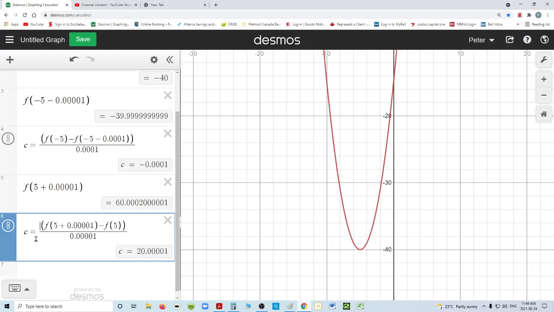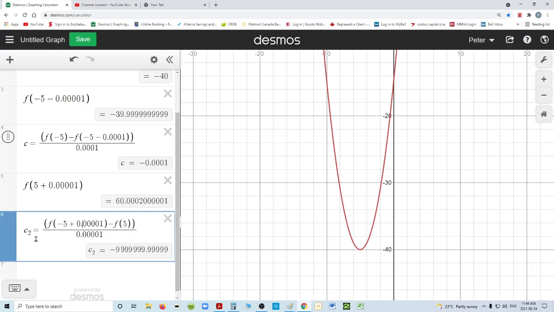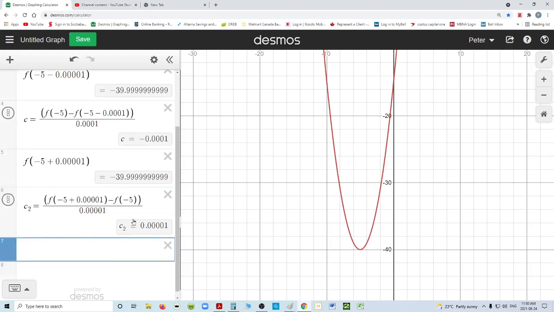Oh, I had to name it C2. And I had to make sure I'm doing minus 5, because that's our point. Okay, and we discovered, look at that, our rate of change is almost 0 and positive, which proves that on the